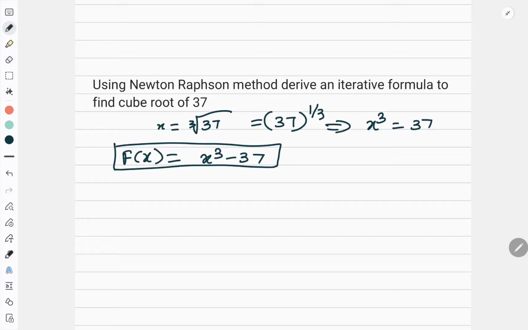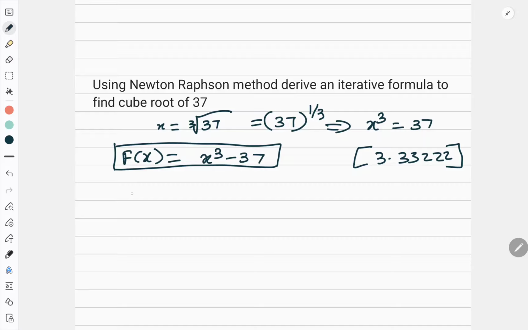Now if you are very smart, what will you do? You will take out your calculator, find out the cube root of 37 and you will get your x0 very easily. Okay, if you want to do it honestly, we know where the cube root of 37 is. You start with x is equal to 0, 1, 2, 3. You will get a positive and negative change between 3 and 4. Correct? And if you solve it by calculator, you will see the cube root is 3.33222.